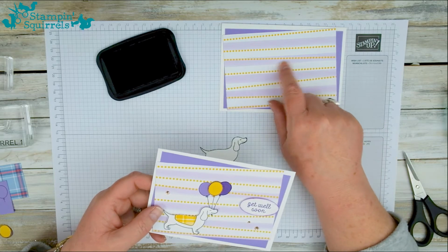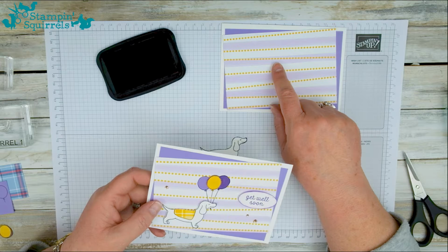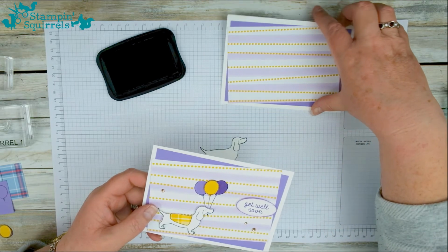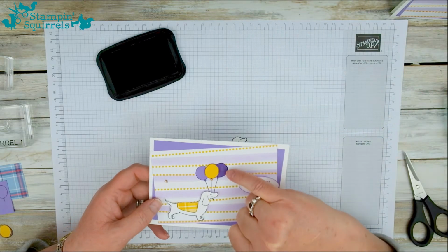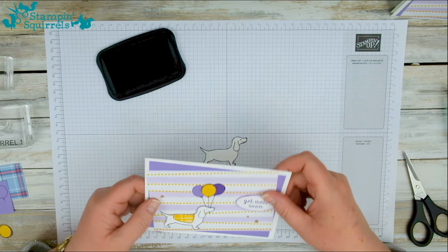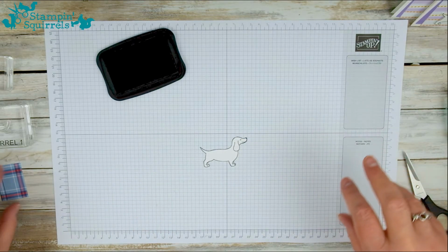So in the card colour, in the Playing with Patterns DSP, they use Purple Posy, but we know that the Purple Posy ink can be a bit unreliable. So I've gone with a darker purple, which is the Gorgeous Grape, as well as a Highland Heather, and also the Bumblebee. So what I did, I found in my scrap bag a piece of paper,